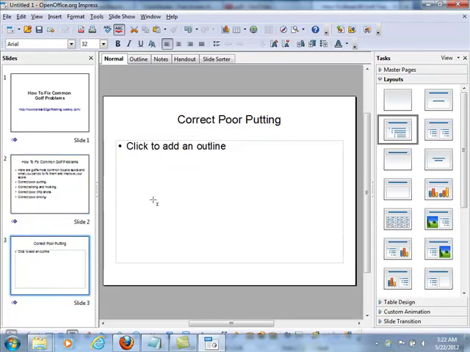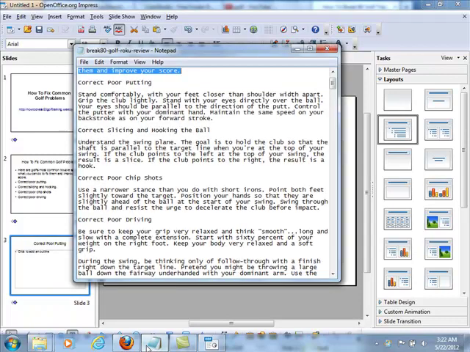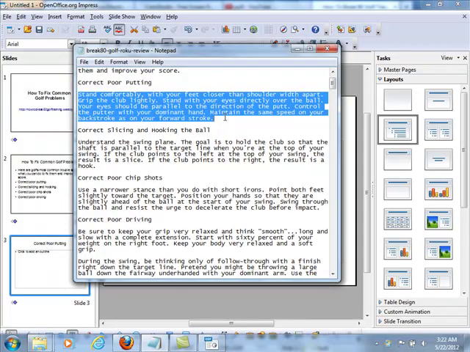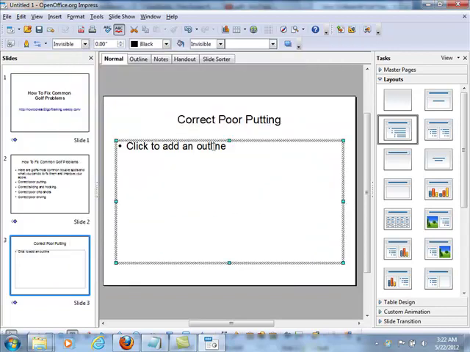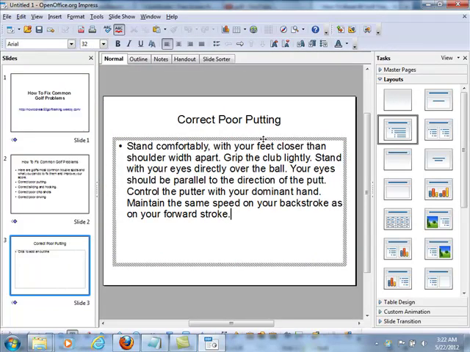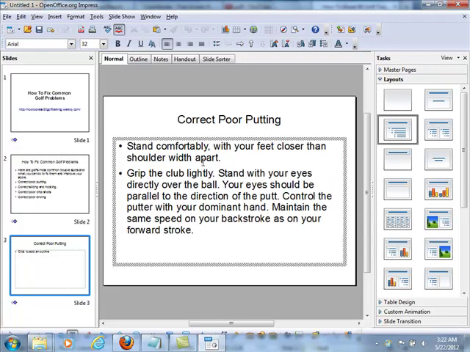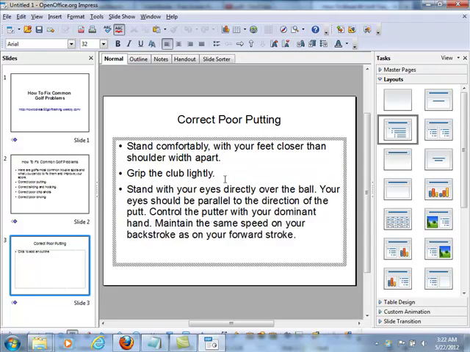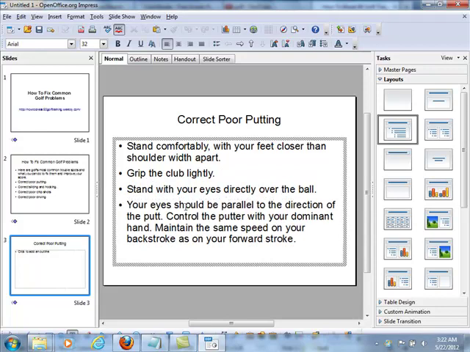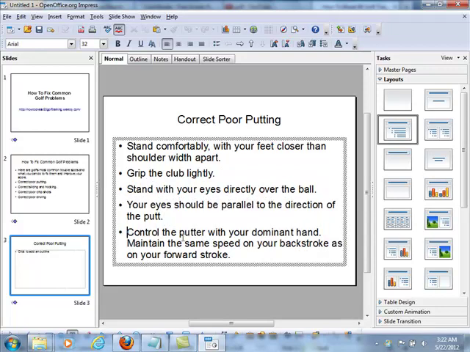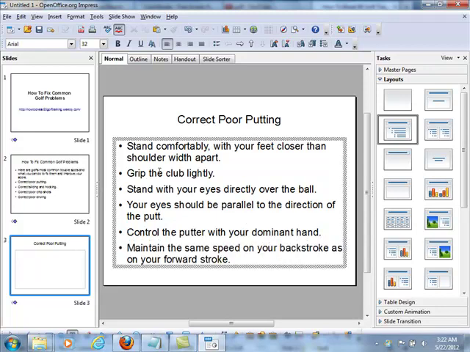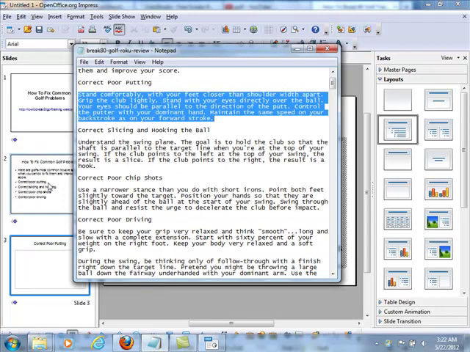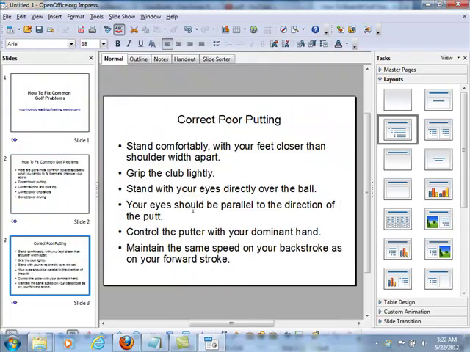All right, and then the next slide, we'll go here, correct poor putting, and then we're going to put in a few bullet points here. So I'm just going to take the content I have here, and we're just going to paste it on in there. Stand comfortably, we're going to make that a next line. And then let's see here, we'll make that a bullet point. So all I did was just paste in the paragraph I had, and with each sentence I just simply made it a separate bullet point, and I used the template that's right over here, the title and text template for